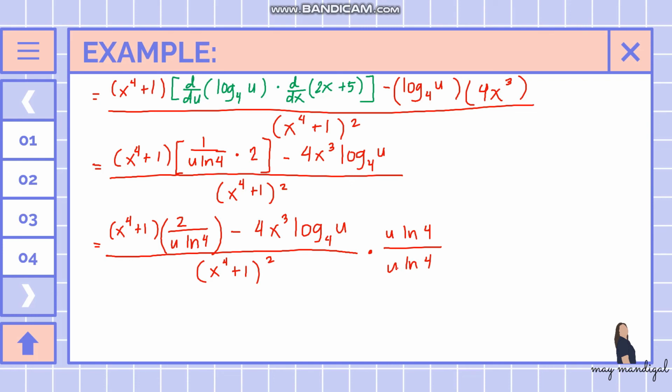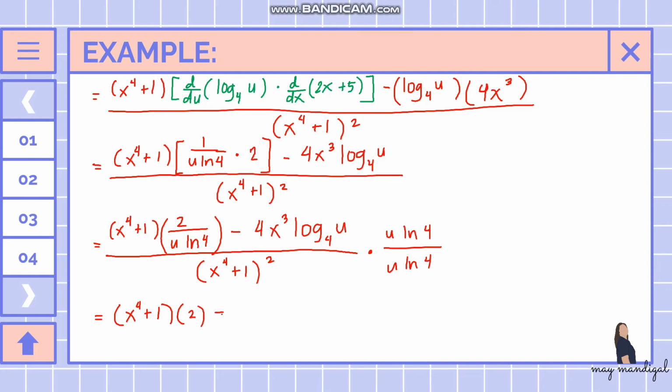It's like you're multiplying by 1, but you just write it in a different way, which is u ln of 4. Why u ln of 4? Because again, we have to cancel the denominator here. So if we distribute this to the numerator, we can already cancel out here. So the problem is already solved. So you multiply, this will be cancelled, and you will be left with x raised to 4 plus 1 times 2